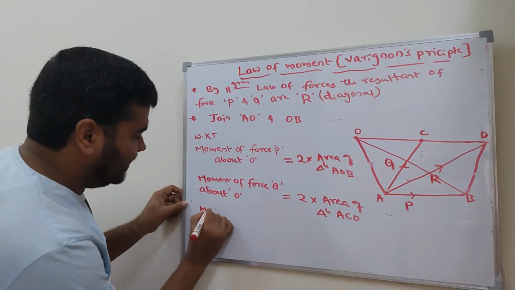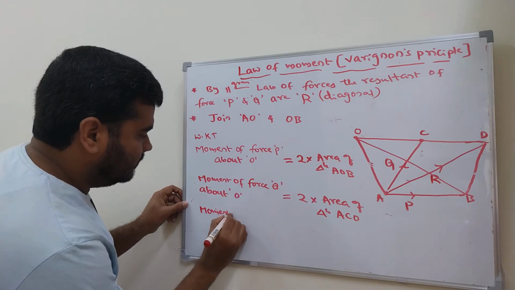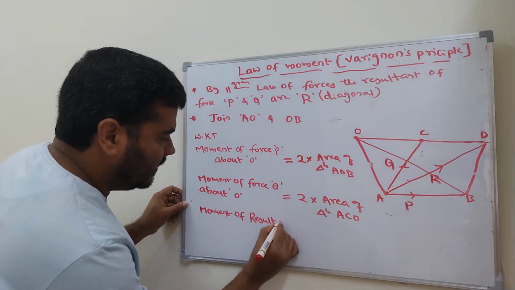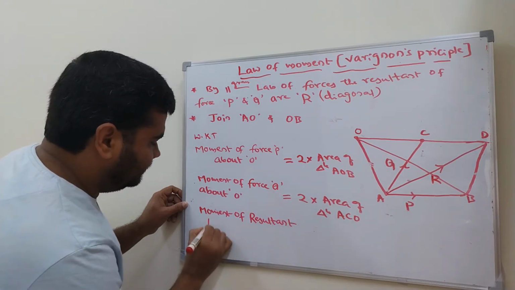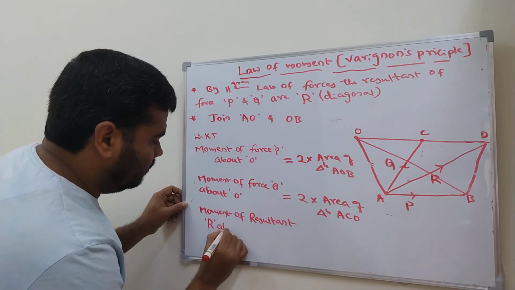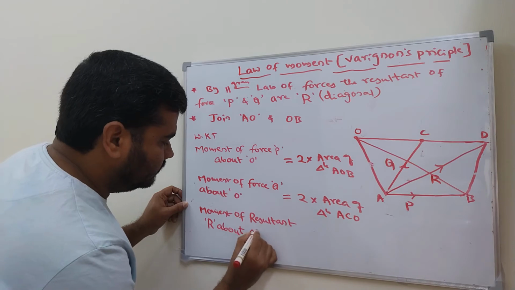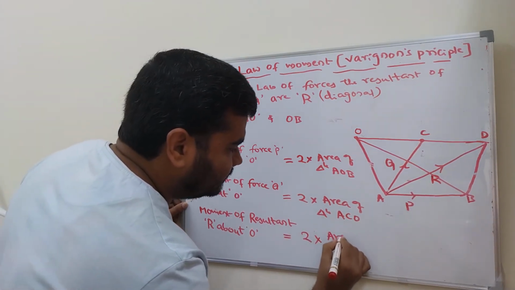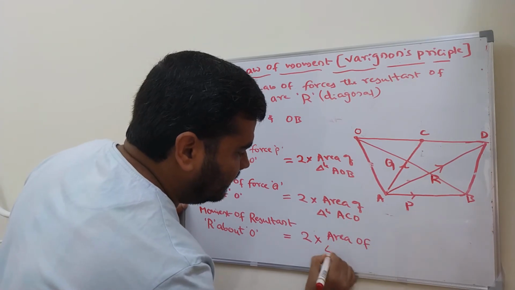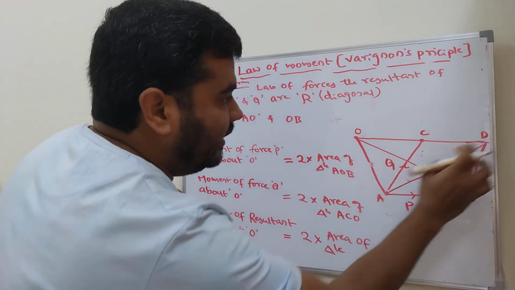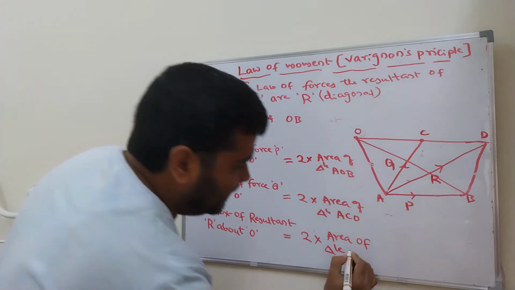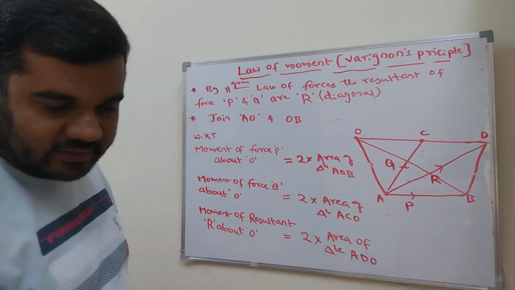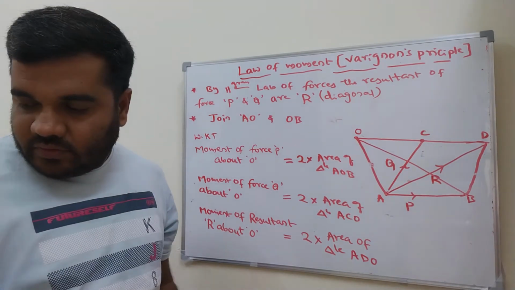The moment of the resultant R about O is equal to 2 times the area of triangle ADO, right? Did you agree? That is triangle ADO here. Okay, now